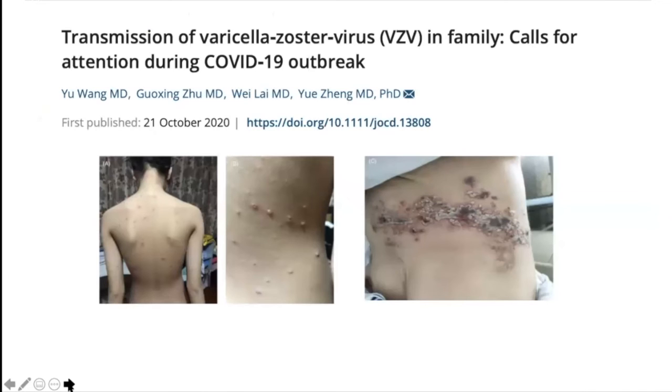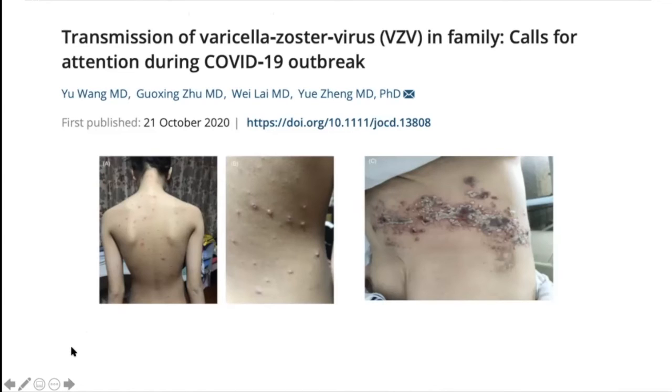So now that we are in the pandemic, should we be comfortable and happy that we will be able to decrease the number of cases of varicella? At first, yes, we are thinking that because children are not going to school, there's no way that they're going to be exposed to other people who might have contracted the varicella. So we are kampante. But in this study,